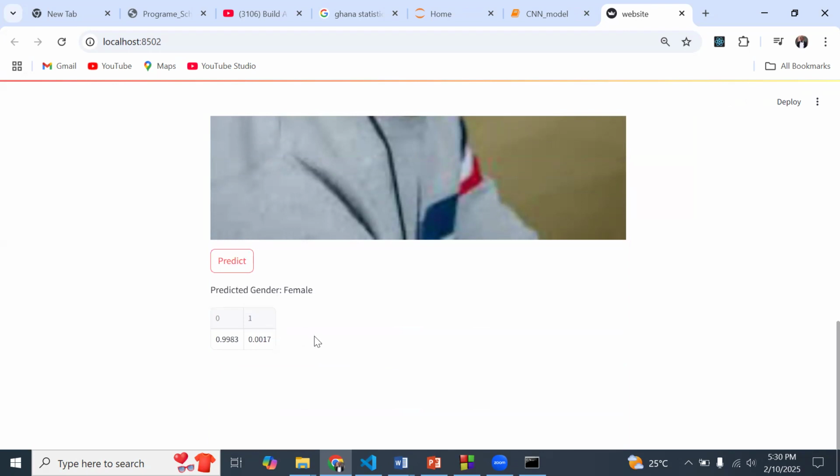It is telling us that this is female, but unfortunately we're also getting some probability distribution, or some values over here. So in terms of argmax, it is a female based on what we see over here. But then this one tells us that